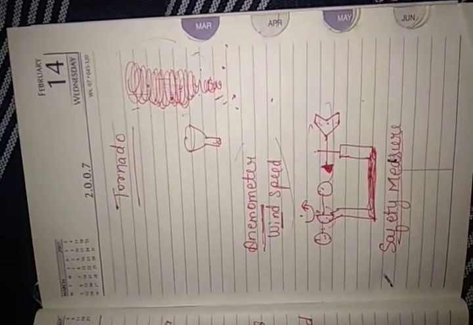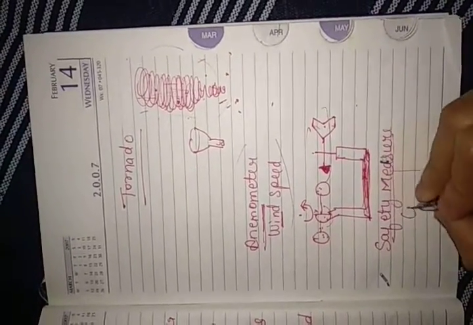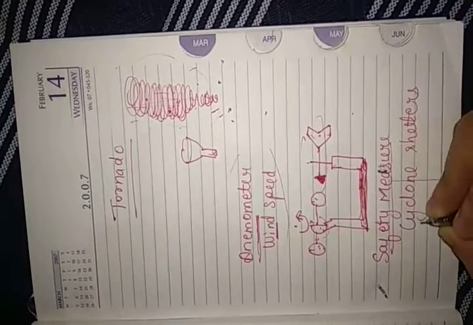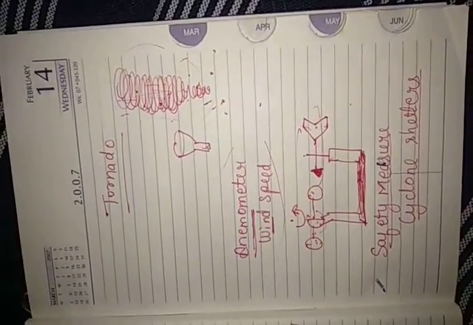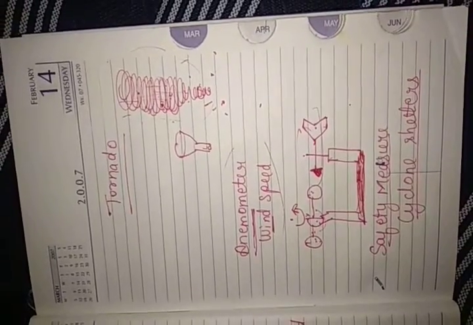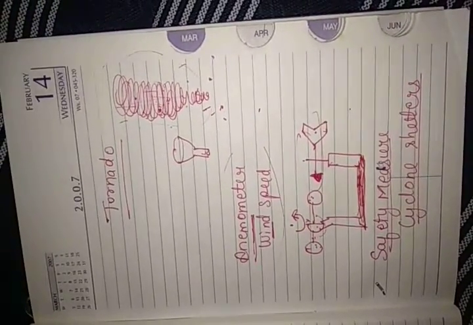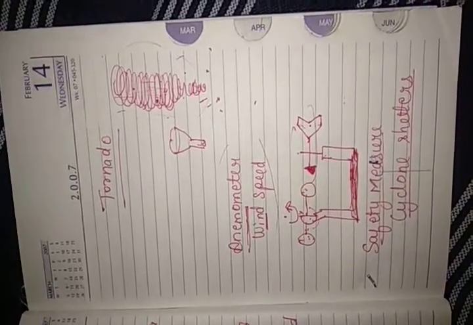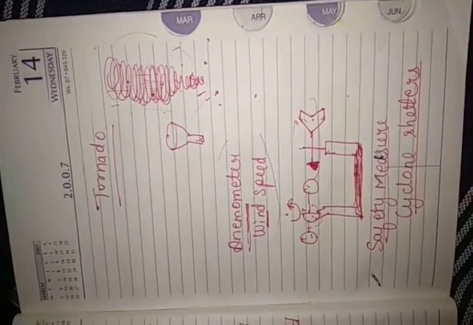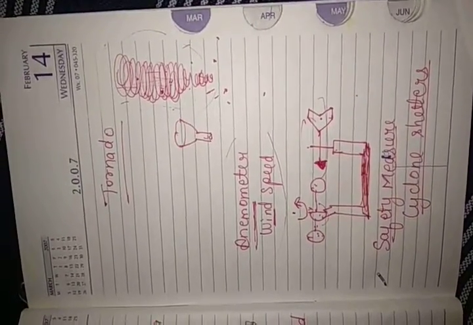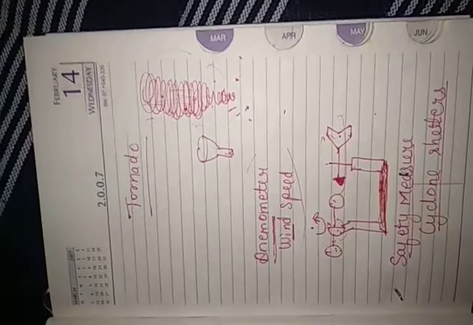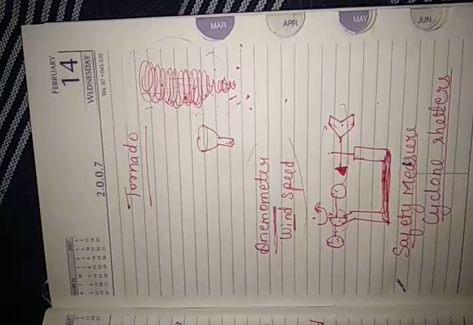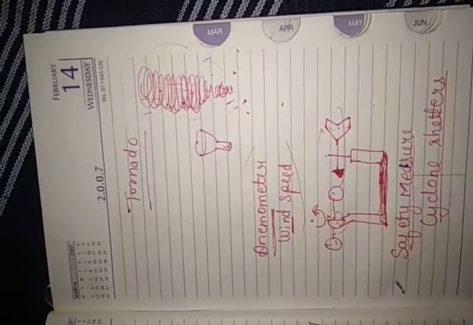So that's the way people can prepare themselves. Not only that, cyclone shelters need to be created. Now what are cyclone shelters? Normally, houses and buildings are constructed to be cyclone resistant. Cyclone resistant buildings can also be created. These buildings have the power to withstand the intensity of a cyclone. So even if the cyclone is at a higher intensity, the building will be strong enough to withstand it. Okay, so these kinds of shelters should be created in order to save people from cyclones.